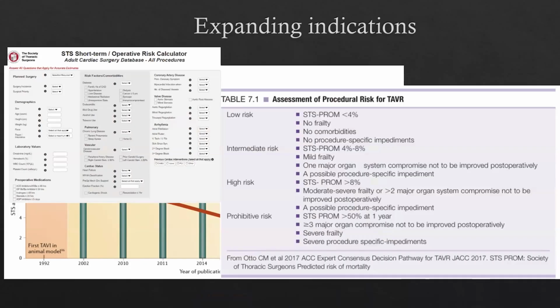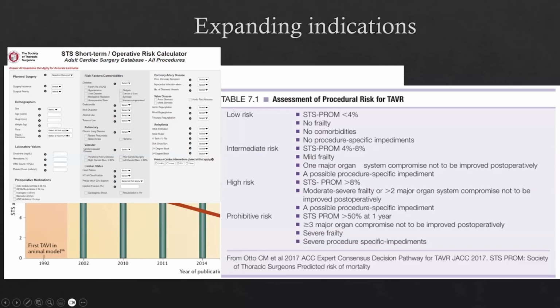And talking about this surgical risk, I just want to back up a second, as many of us might not be familiar with the STS surgical risk score. STS stands for Society of Thoracic Surgeons, and the STS PROM score is the predicted risk of mortality within 30 days of a surgical procedure. Basically, you plug in clinical and demographic variables into this big calculator, and it spits out a percentage of mortality risk within those 30 days after surgery.